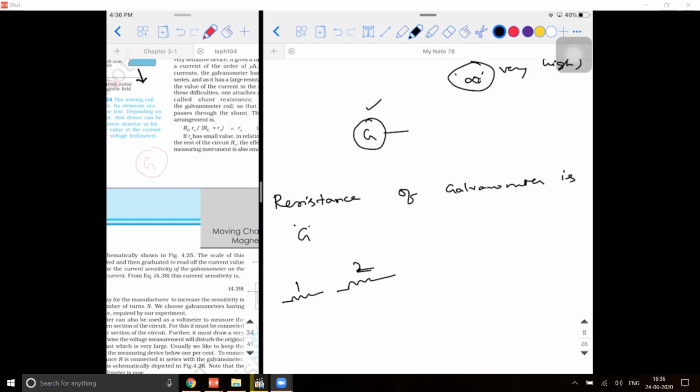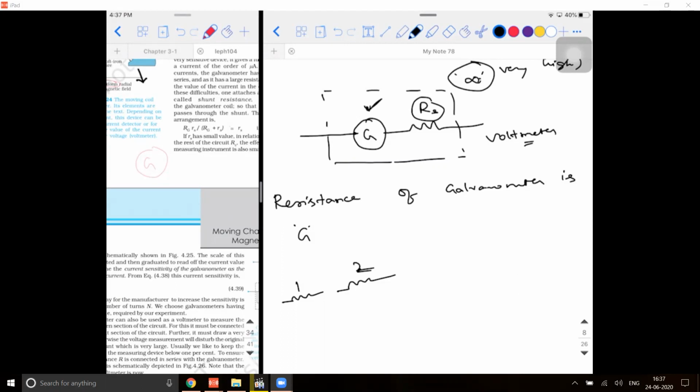So I will give you a resistor. You connect a high resistor in series with this. Once you do this, this particular device is what is called a voltmeter. As simple as that. What has happened? You have connected a series resistor of whatever value you want in series with the galvanometer, such that the combination of the galvanometer and the series resistor put together behaves like a voltmeter.